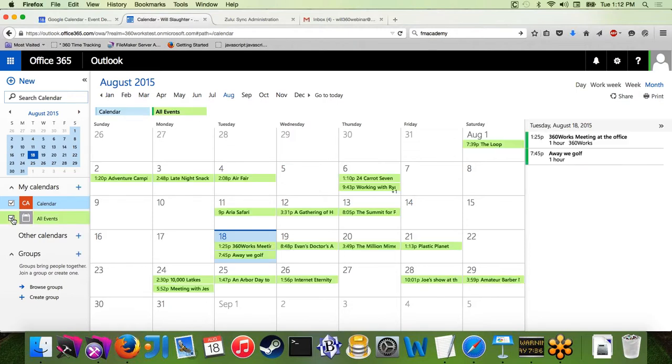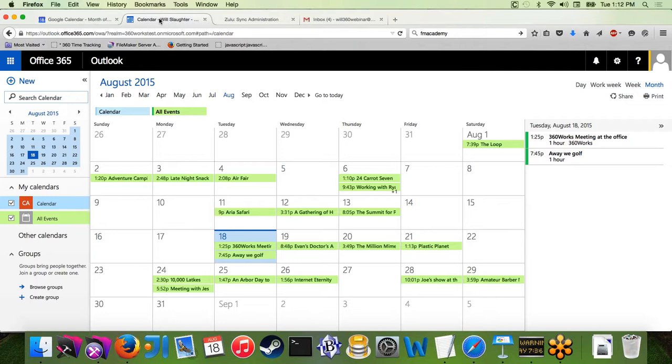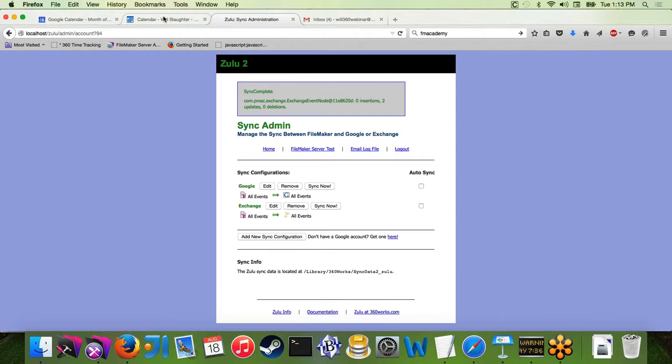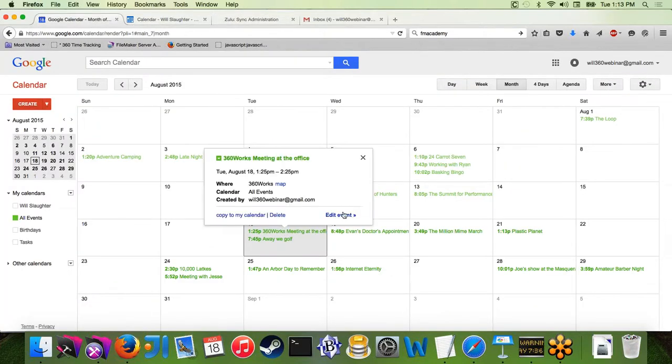Let me just enable this calendar real quick. Okay, so we've got a very, very similar set of events here. And another useful use case for Zulu is we can use this to keep our Exchange calendar in sync with our Google Calendar. So if I make a change in my Google Calendar,